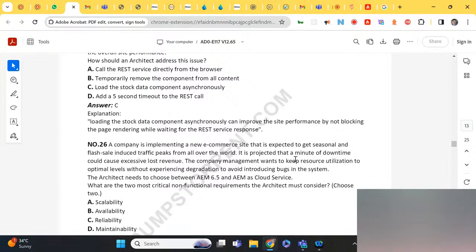There should be two options which need to be important for that. Someone? Yeah, availability has to be there. Another one.